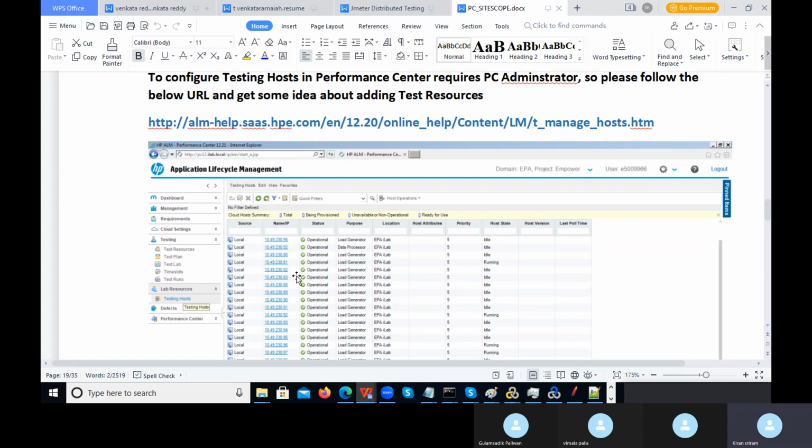Please follow the below URL and get some idea about adding test resources. These all will be load generators, you can observe. They are added as load generators. You are able to see each load generator looks like a host. If you see the load generators you have, you can go here and add. And if you want, you can add here also. This is the new option, you can click on that and give the name, and then select whether that load generator is a Windows or Linux application, and you can add it. Okay,